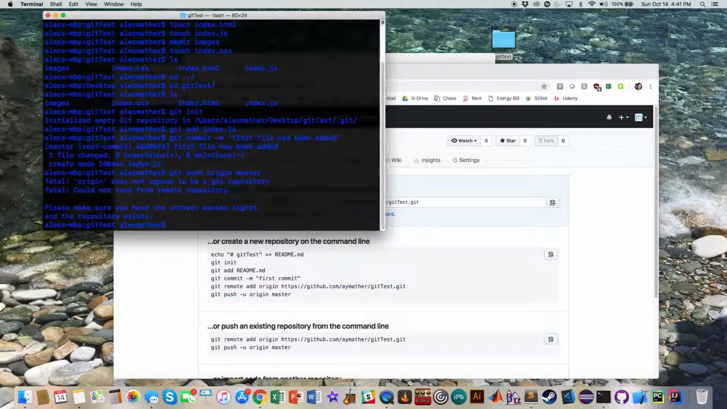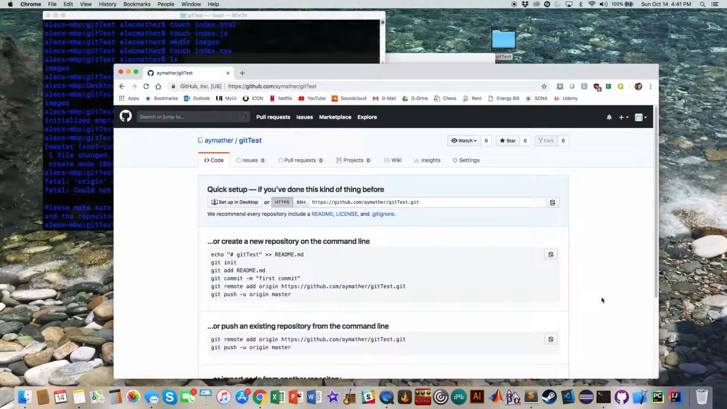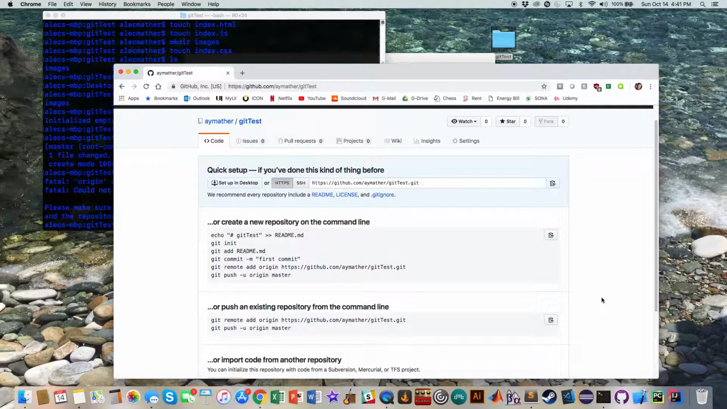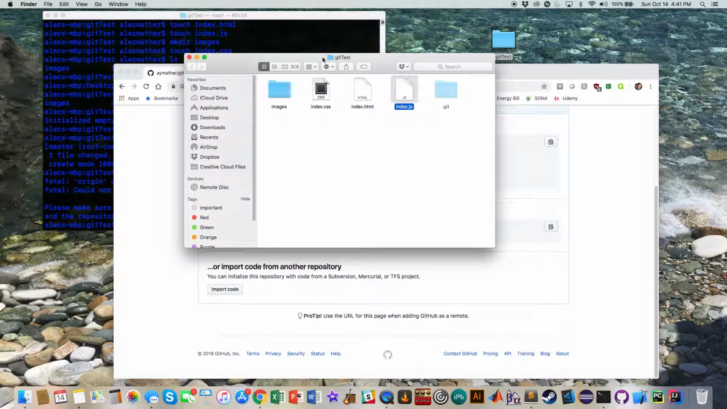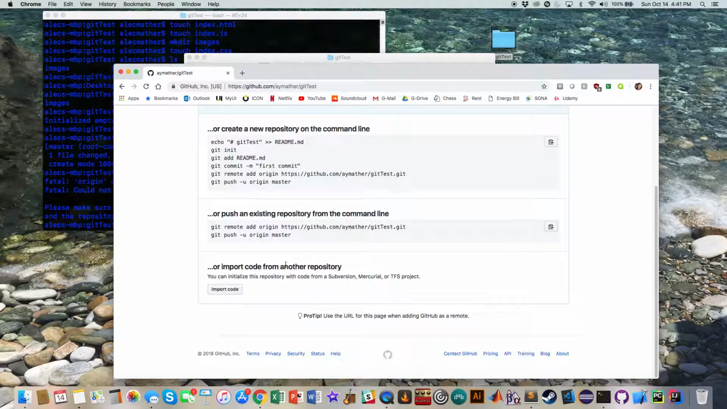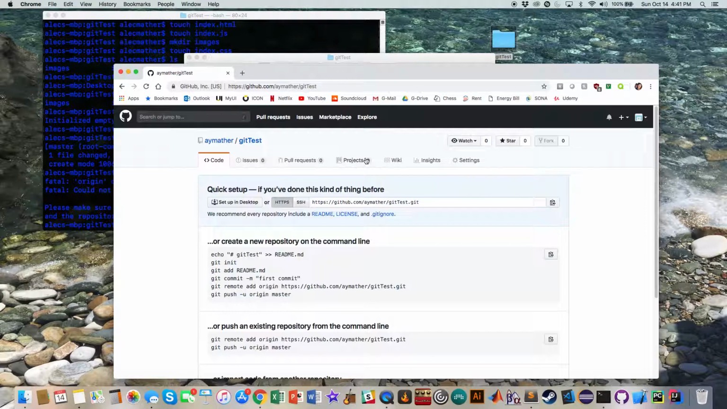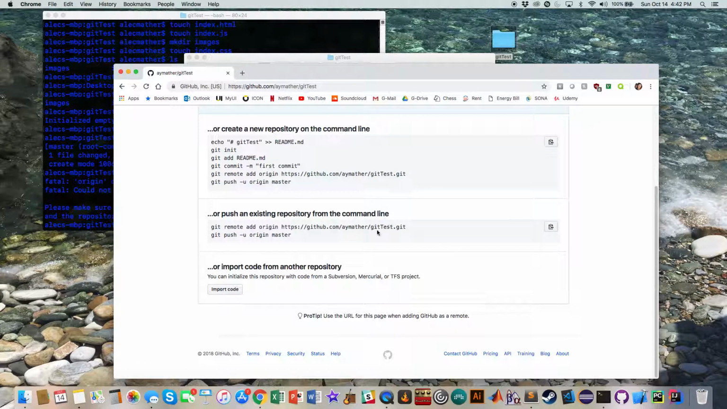You have the correct access rights and the repository exists. Oh, we need to do this. So what we want to do is, oh okay, this is the command that actually connects your repository in this folder to the repository on your actual GitHub account. So what this does is this